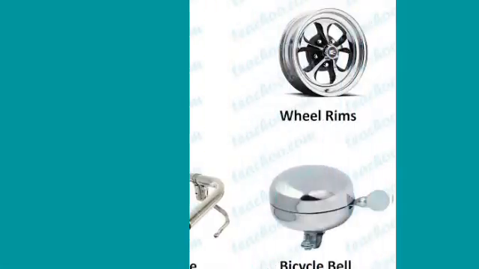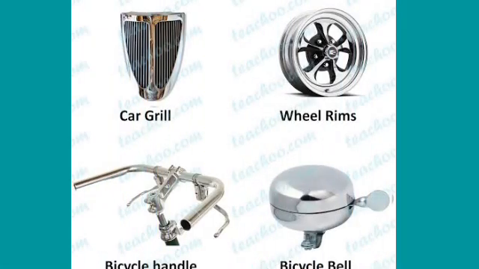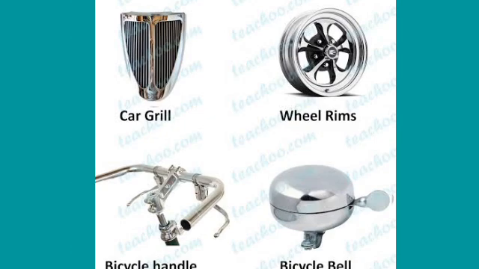Similarly, chromium has a shiny appearance. It does not corrode and it also resists scratches. But chromium is expensive and it may not be economical to make the whole object using chromium. So, objects such as car parts, bath taps, kitchen gas burners, bicycle handlebars, wheel rims are made from a cheaper metal and only a coating of chromium is deposited over it.